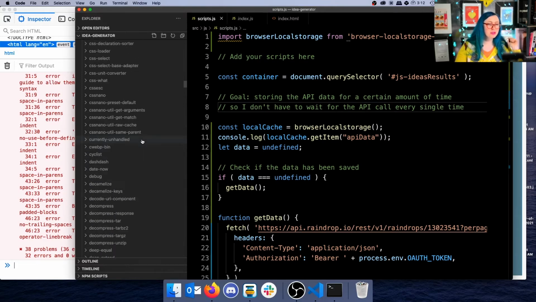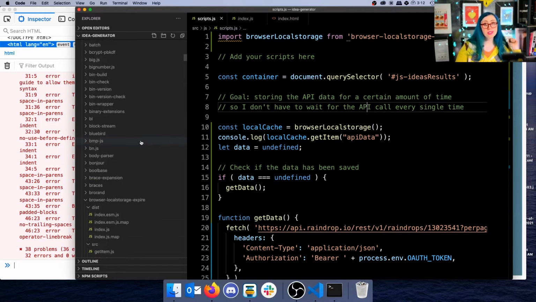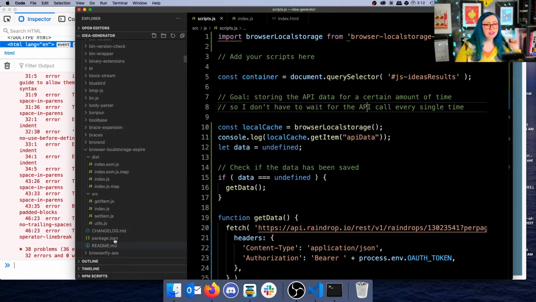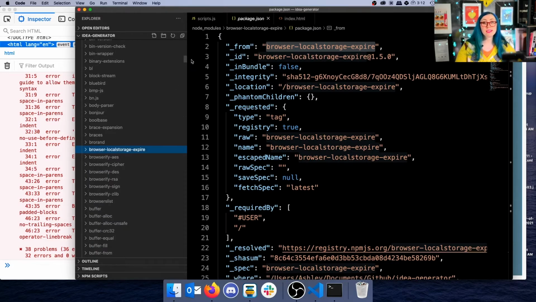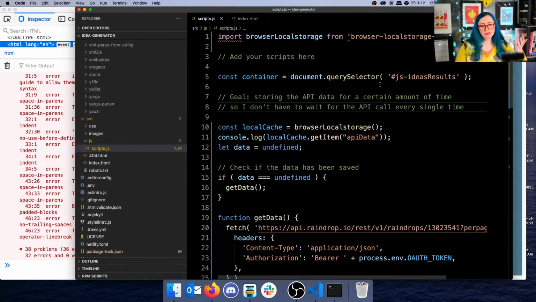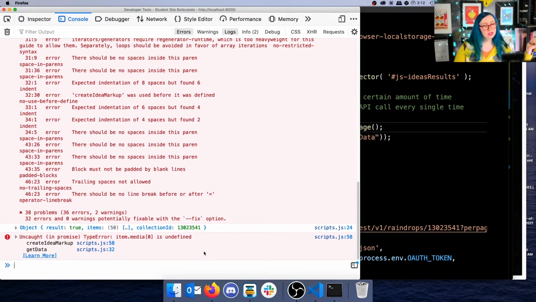modules. What I did was I looked for the package.json file. That will tell you when you don't know where to go. See the from, that's the piece that you want here. So that's how you figure that out. If somebody didn't write really good documentation for you, just having some general familiarity with these import statements and what they mean can help you get through that. So now this should have console.logged